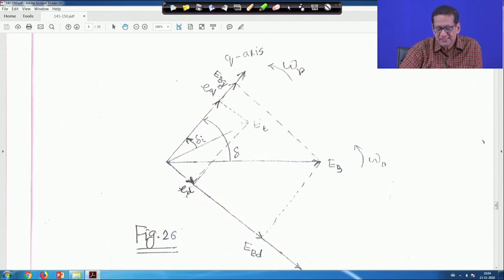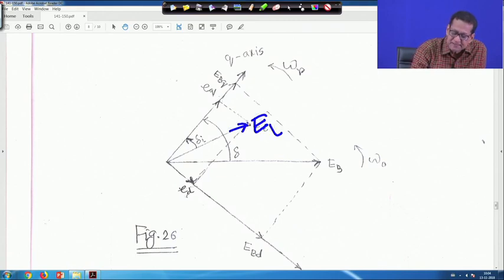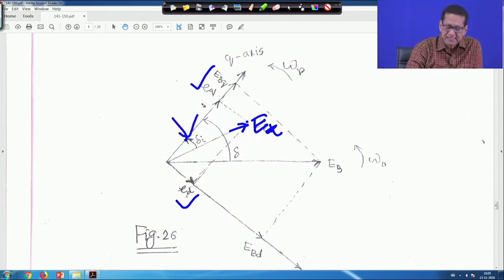So, on the q axis it will be EBQ, that is capital EBQ, and on the d axis it will be capital EBD, right, and this is my ET, that is the terminal voltage ET. I hope it is readable. This is the phasor diagram, and on the q axis the component is EQ and on the d axis the component is ED. This ET is lagging from this EQ or capital EBQ by an angle delta I. This you have also seen earlier, and this is the delta.